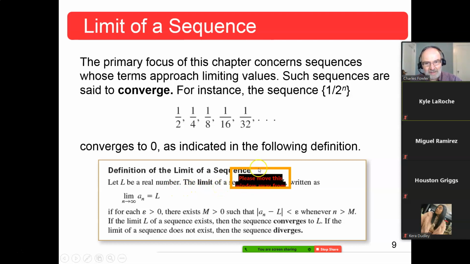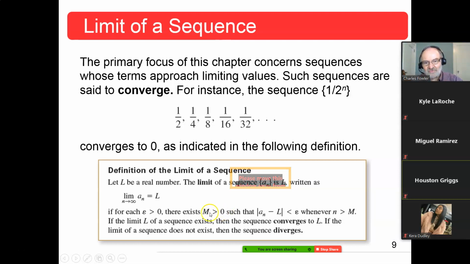Now, is this little box here blocking your view? It is mine. Yes. Okay. It's going to fade out in just a few minutes. There it goes. The limit of a sequence, there's your braces, a sub n, is L, written this way. The limit as n approaches infinity, n's getting larger and larger and larger, of a sub n is equal to L, if for every epsilon greater than 0, oh boy, this sounds like a good old limits on derivatives, doesn't it? For every epsilon greater than 0, there exists some capital letter M. I think we were on this slide last time.